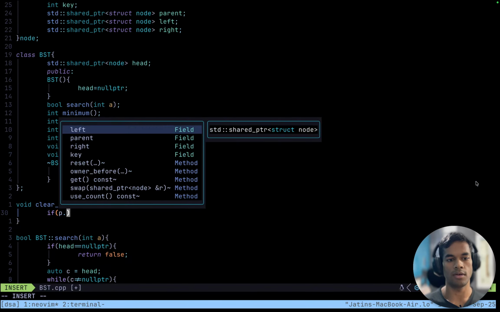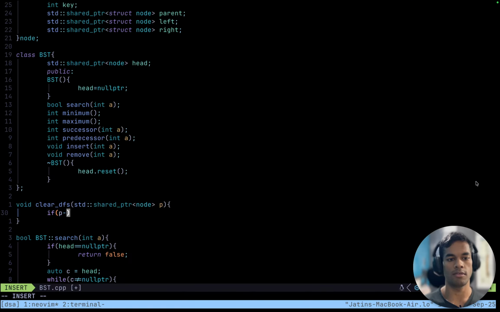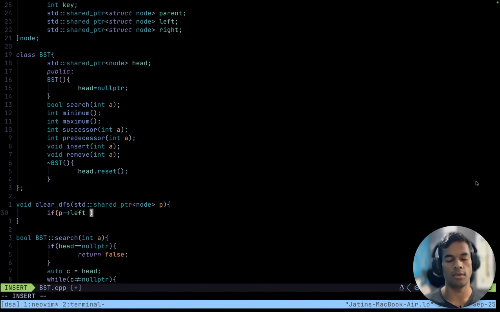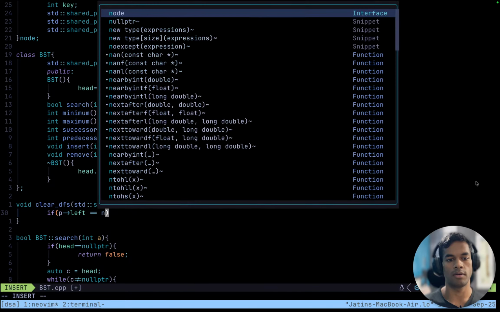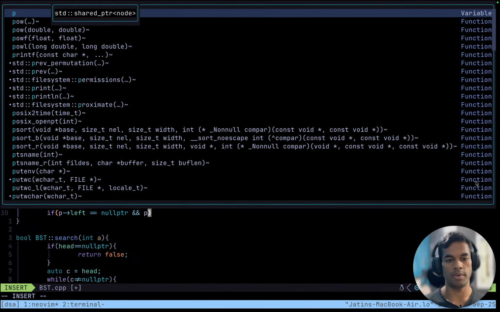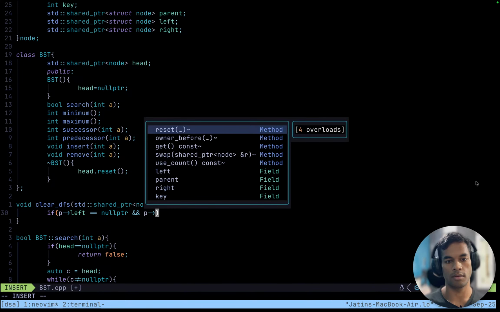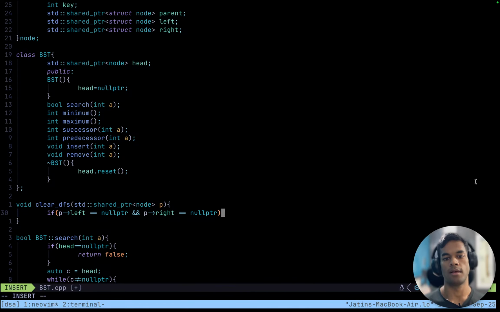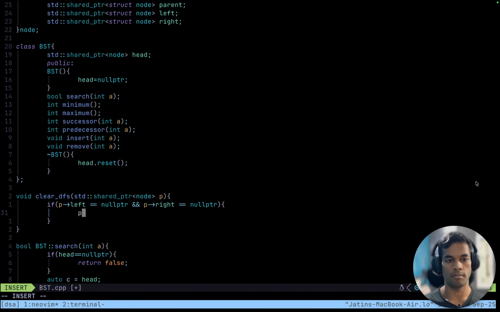If P's left equals null pointer and P's right equals null pointer, then P dot reset